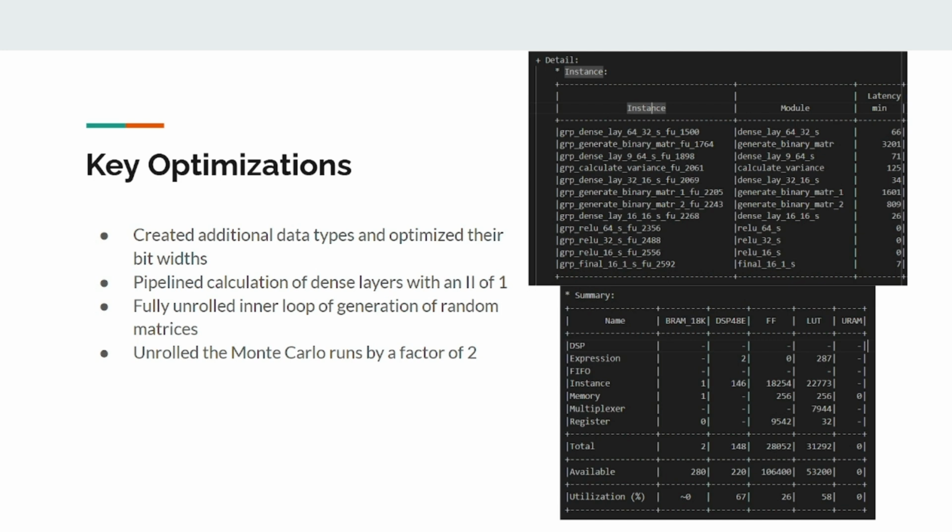to the actual constraint. And so with the actual key optimizations, the very first thing that we found most important was optimizing our bit widths. In our baseline implementation, we were using floats and 64-bit numbers, which was definitely not good. And we were able to limit our bit widths to 25 bits and 18 bits, which was extremely important for our usage of DSPs, since DSPs were able to multiply 25-bit and 18-bit numbers very efficiently, and anything past that was becoming a big issue. So by being able to limit our bit widths, we were able to push the program much farther without worrying